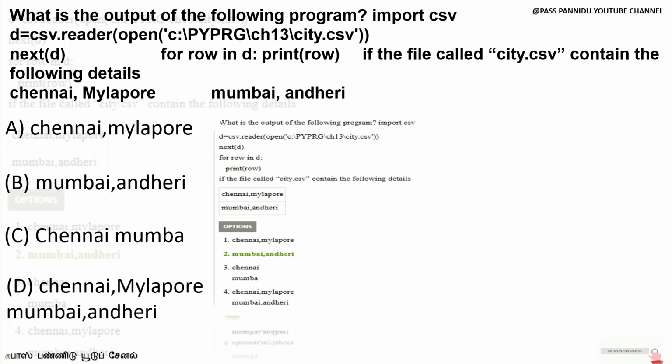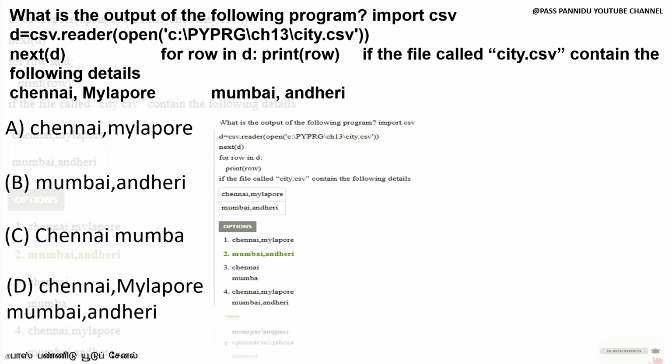What is the output of the following program? import csv; d = csv.reader(open('C:/pyprg/ch13/city.csv')); next(d); for row in d: print(row). If the file called city.csv contains the following details: